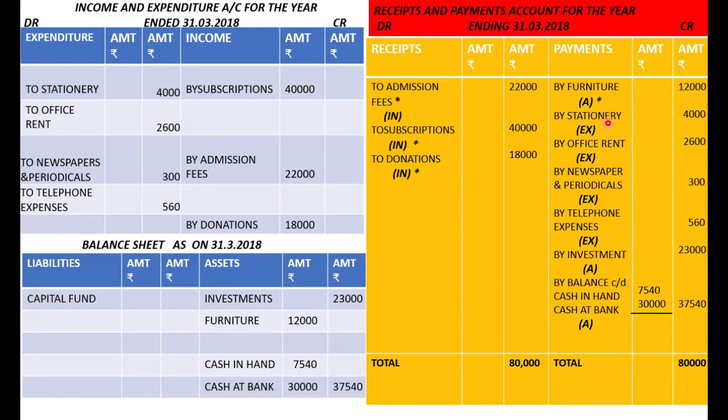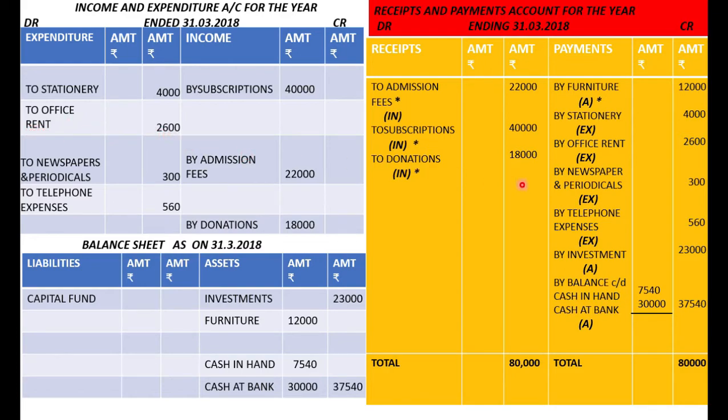Next, buy stationery 4,000. It is an expense. So it is recorded in the expenditure side of income and expenditure account, that is the debit side, to stationery 4,000. Next, buy office rent 2,600. It is an expense. So it is recorded in the expenditure side of income and expenditure account, that is the debit side, to office rent